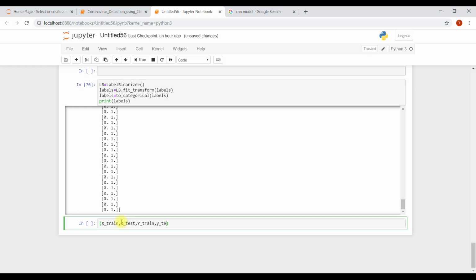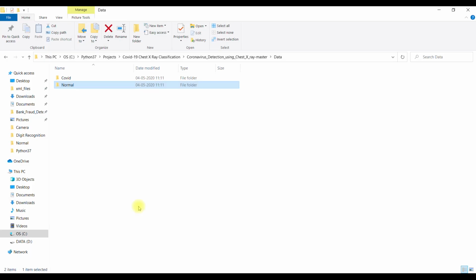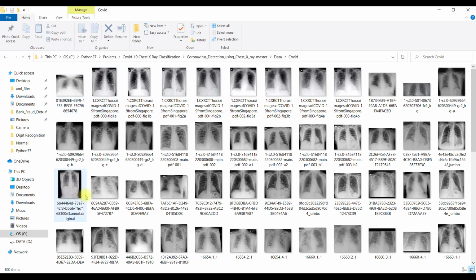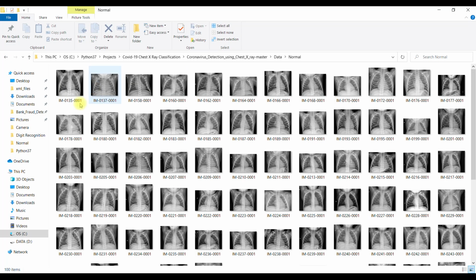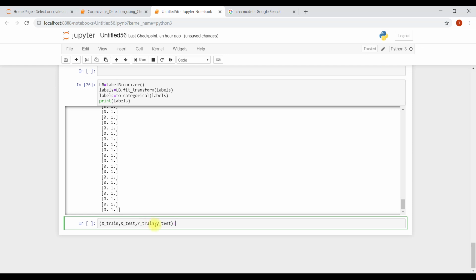See, this is our data set of total 200 images, 100 and 100. What we want is 80% of the data to go for training and 20% for testing. So X train, X test, Y train, Y test.